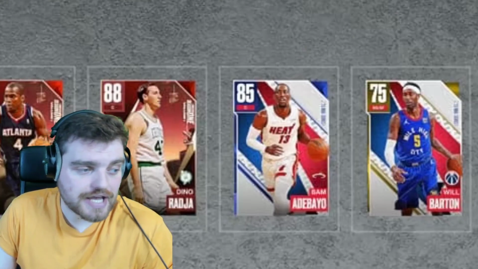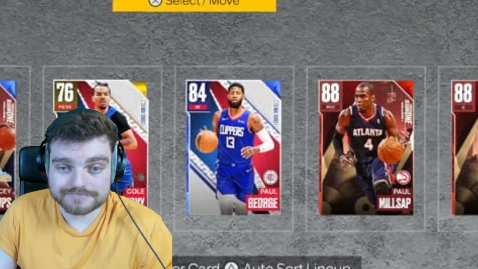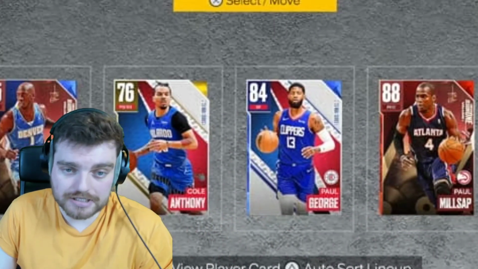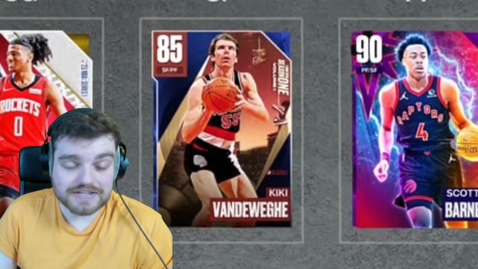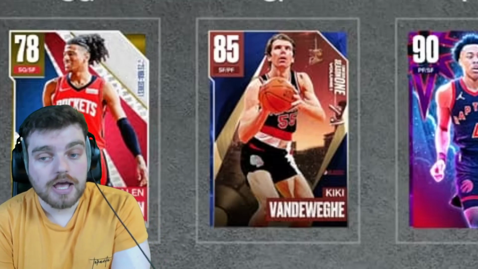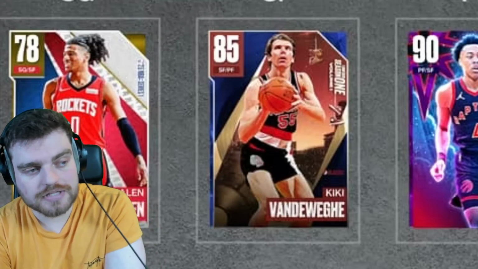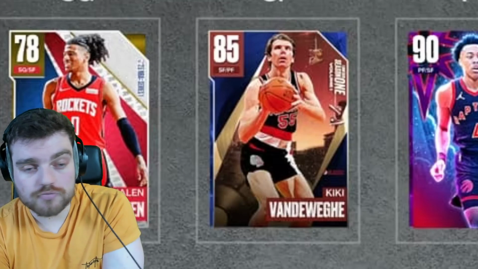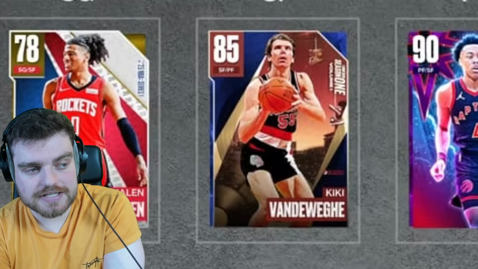So you're seeing cards like Kiki Vandeweghe, who's a Sapphire. You're seeing Dino Radja and Paul Millsap, who are both Rubies. You're seeing a Sapphire Billups there at the start. And if you look at other parts of the dev blog, you can see there's Amethyst Rondos. So these cards are going to start at Amethyst this year anyway. As well as the Rondo, you can see there's an Emerald Rick Smith. So you're going to be seeing Gold, Emerald, Sapphires, Rubies, and Amethysts as far as this set goes, the Season